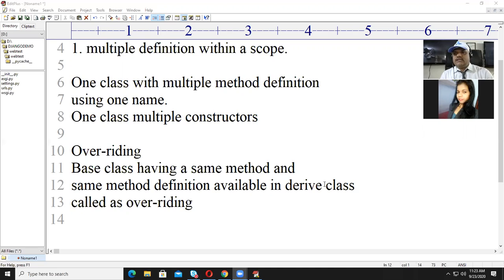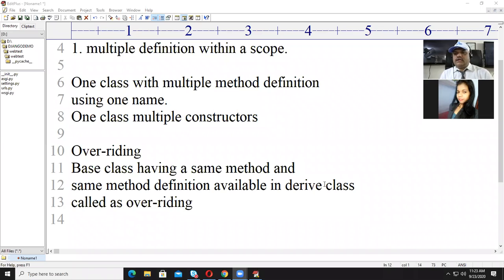Overload means one scope, multiple definitions. Override means in case of inheritance, the base class has similar properties and behavior, you derive from it, and the derived class has its own copy of it, and that is called overriding.